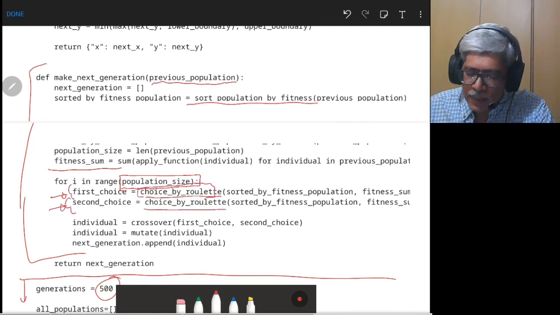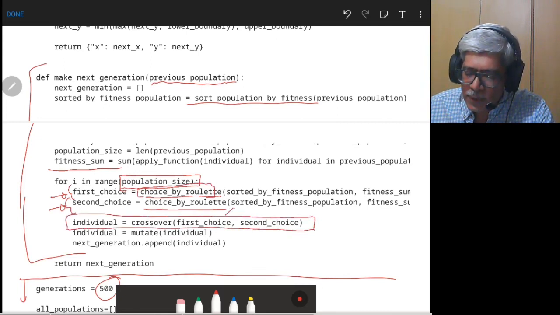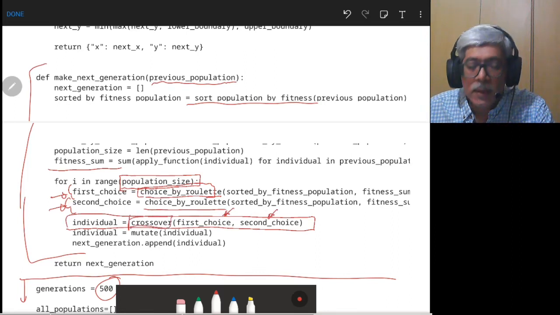Then the offspring is formed by passing this first parent and second parent to the crossover function. Once the crossover is done and an individual is formed, that individual is subjected to mutation.